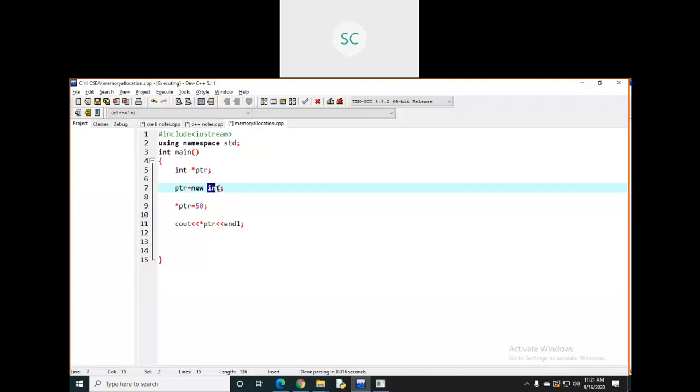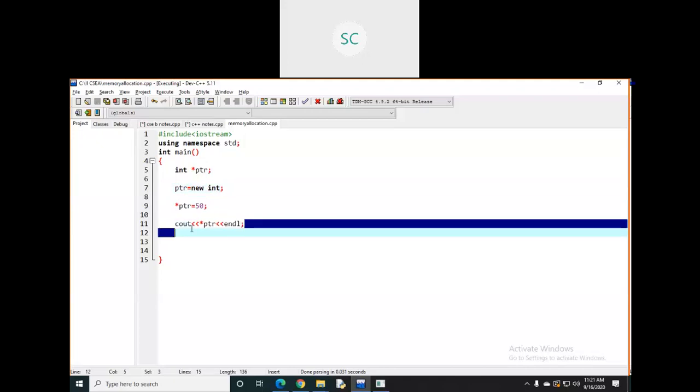After allocating this memory, you are assigning some value. After declaring some variable, you can assign some value, right? In the same way, here, after allocating some memory, you can store some value within that. Then you can print that in the output.